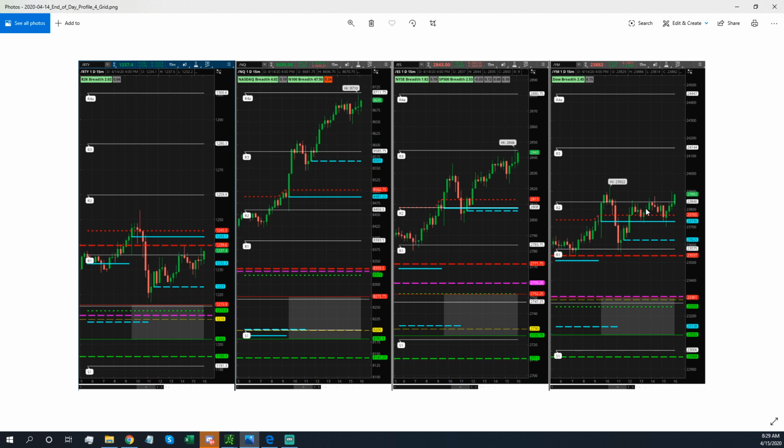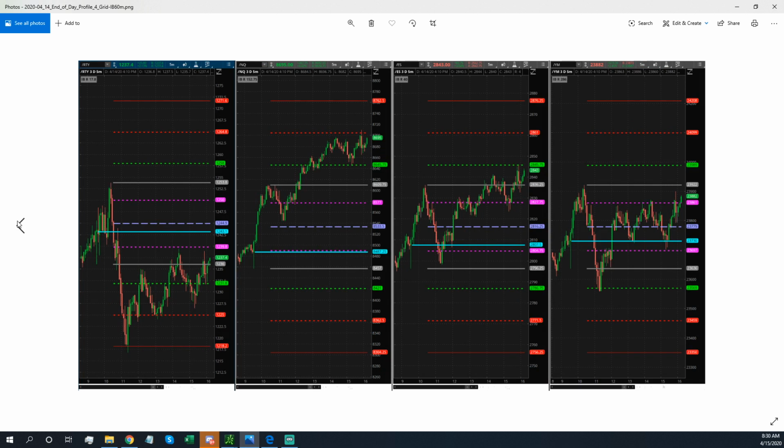So again, this is just to point out the relative strength in the NASDAQ, and you can see how much farther these other indices would have had to go to hit the same levels on the charts that it did yesterday. So keep that in mind. So looking at our initial balance sequence, you can see the Russell hit the initial balance low, which I call the green line. This is the low target. So nothing really doing after it hit that low target, and the rest of them,